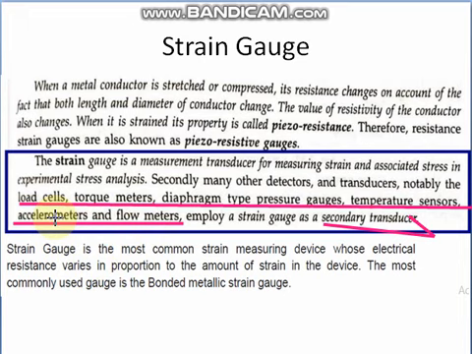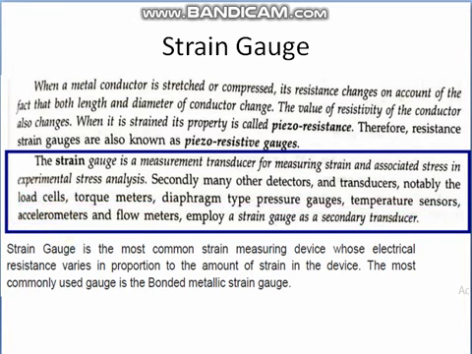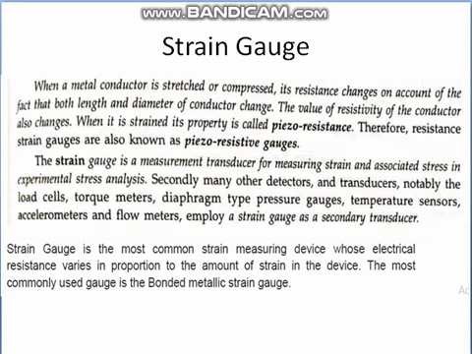In an accelerometer, in three dimensions the physical parameters change, and due to the three-dimensional change, the accelerometer will receive strain, and then the change in strain is converted into electrical property. So these are a few examples of strain gauges as secondary transducers.